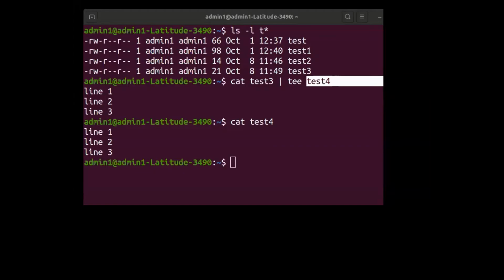Any other doubts? Okay, all right. I don't find any other doubts. That's good. So let us proceed with the next set of commands.